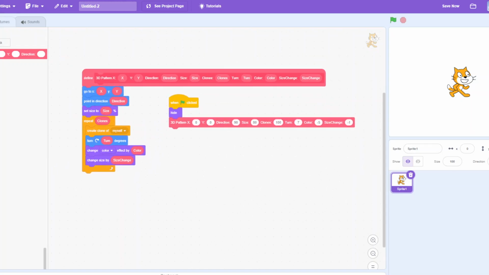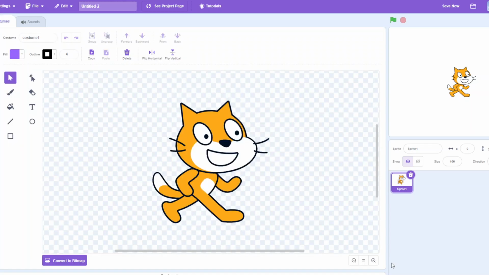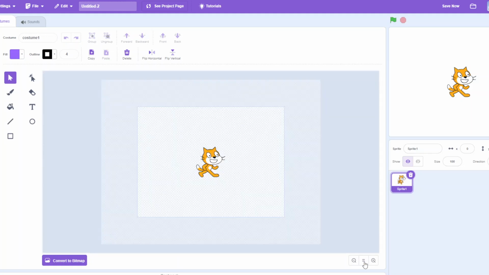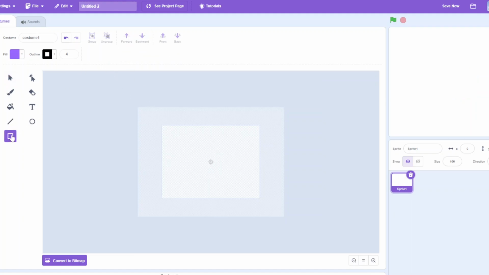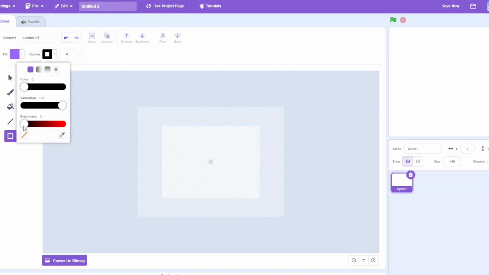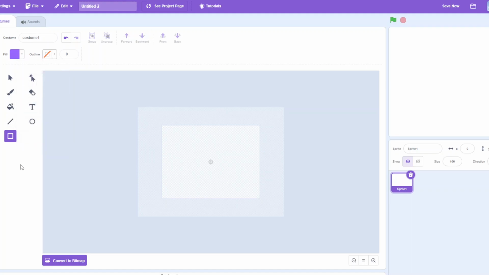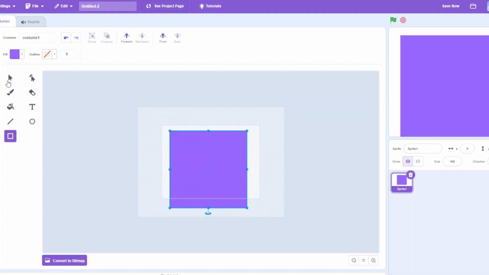So now we're going to go to costumes and delete this second costume. Press this button with the equal sign on it, and press this magnifying glass with the minus, and press delete, and then press this square button, and press this outline, and press this one with the red slash, and click off. Now hold shift and drag from here until it's like 380,